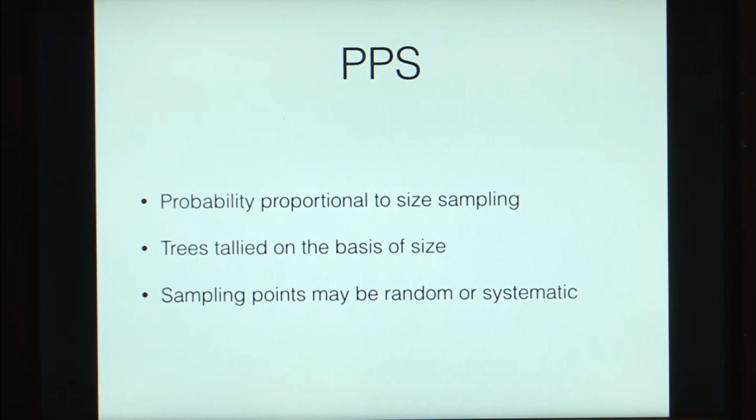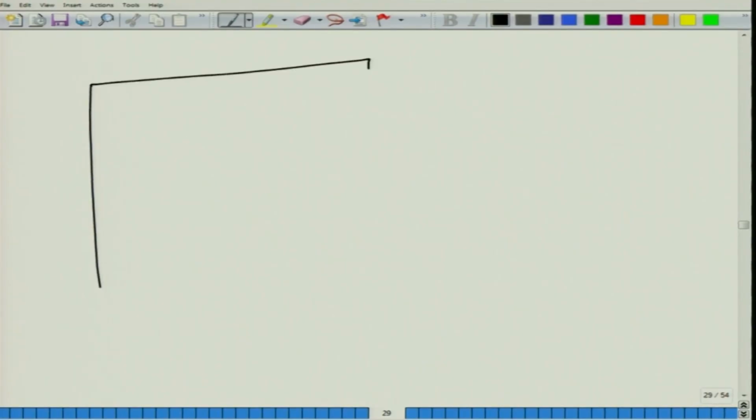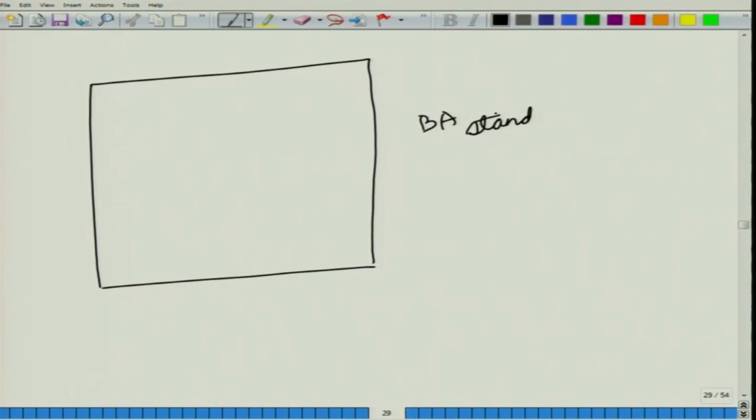Coming back to the slide, in probability proportional to size or point sampling, trees are tallied on the basis of their size, and the sampling points may be randomly distributed in your plot or they may be systematically generated. What do we mean by that? Suppose this is our field in which we want to calculate the basal area of this stand through point sampling. How do we decide how many sample plots have to be taken and where they should be distributed? We can either take our sample plots randomly distributed anywhere,